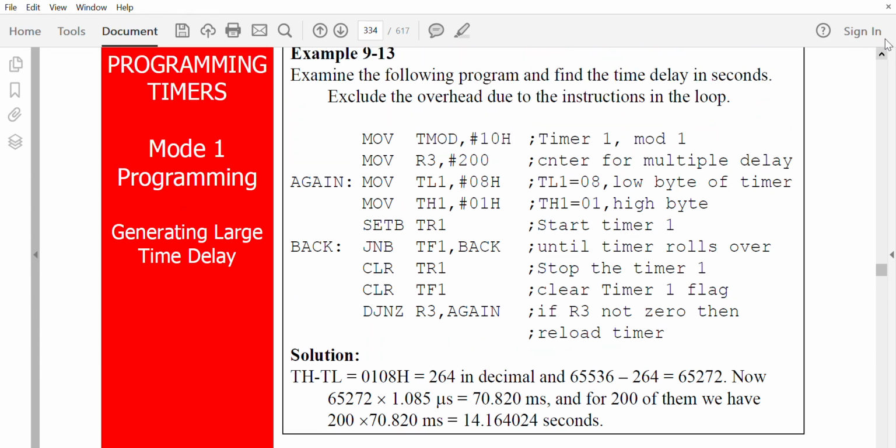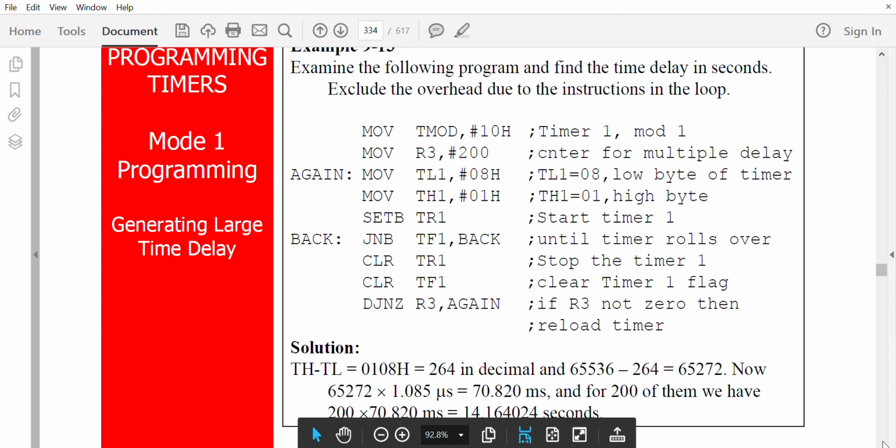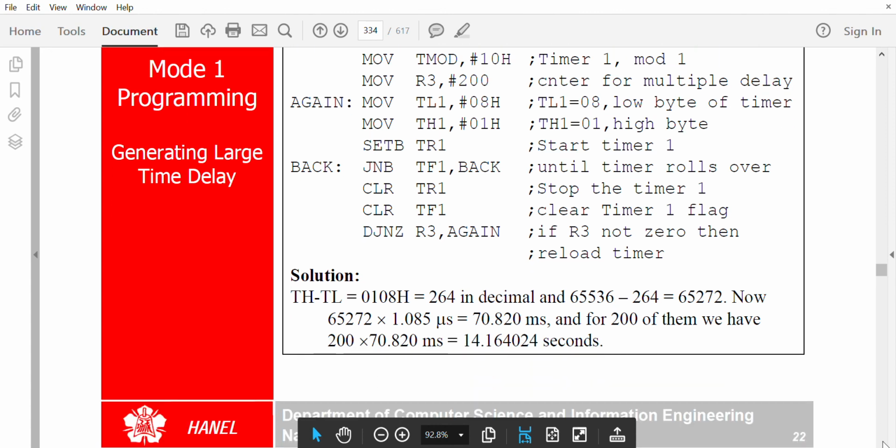So in this question, you are doing it for R3. Decrement and jump if not 0, R3, to again. So you are executing this loop 200 times. Once this delay executes, it will take 70.820 milliseconds. That is multiplied by 200 times. So this is the total